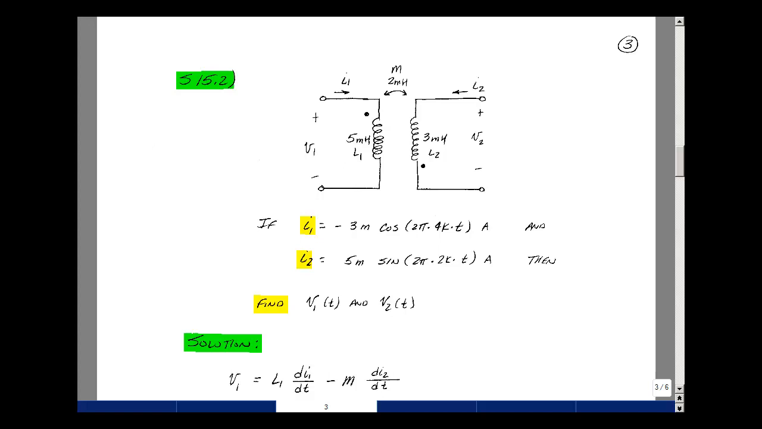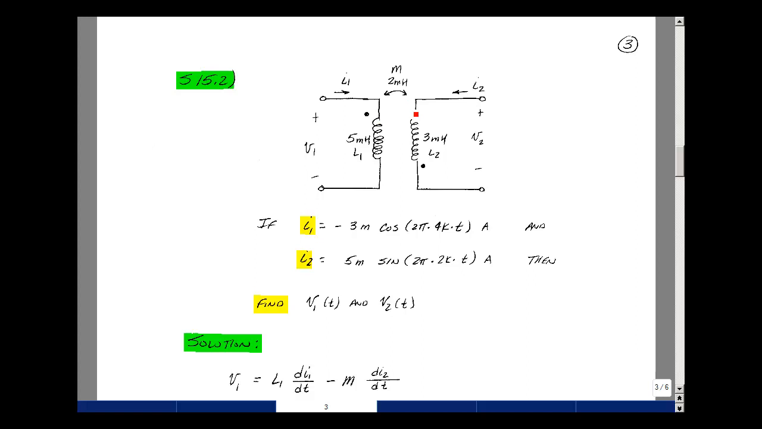This lesson deals with supplemental problem 15.2. You can find this problem in the ECE202 ebook in the Chapter 15 Supplemental Problems on page 3. Given this transformer with a primary inductance of 5 millihenries, a secondary inductance of 3 millihenries, and a mutual inductance